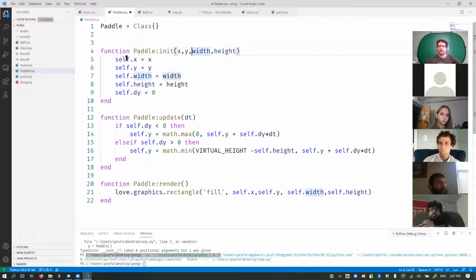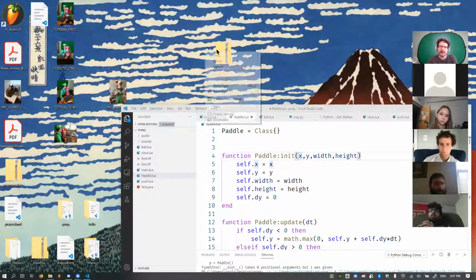So basically we are creating a blueprint for a paddle. And this is saying, hey, the initialization constructor takes in 4 variables. A paddle has an x and y position, and it has a width and a height. Let's rename this to a love file so that we can see that in action.